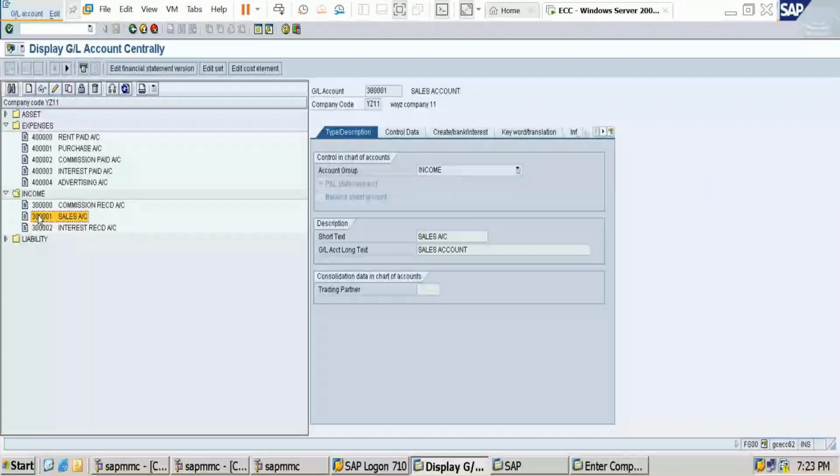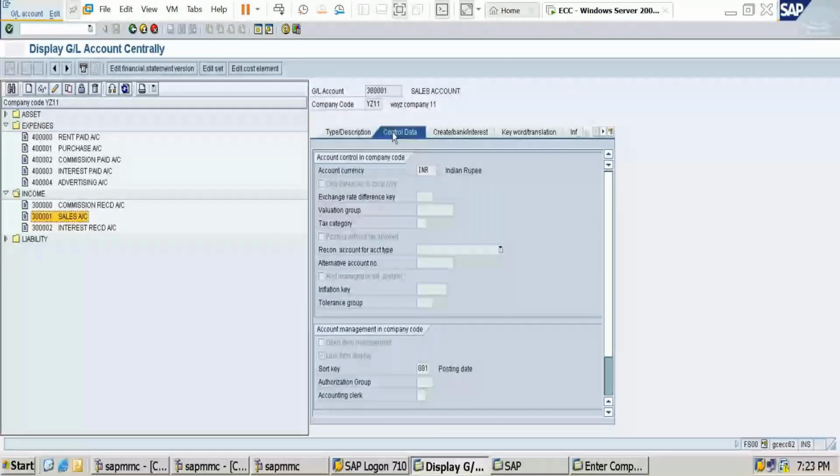Go to the control data. Click on control data. I'll check it out. Short key Z001. Okay, fine. Go to create bank interest.